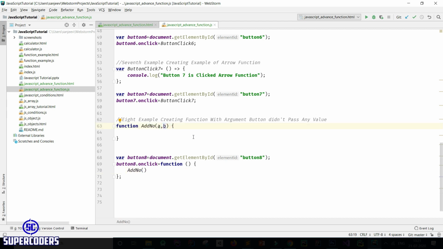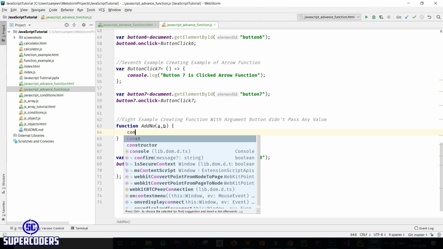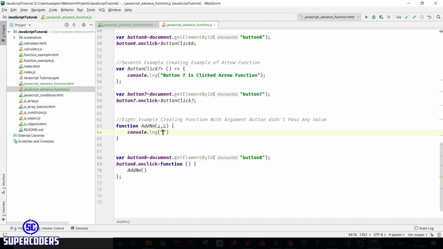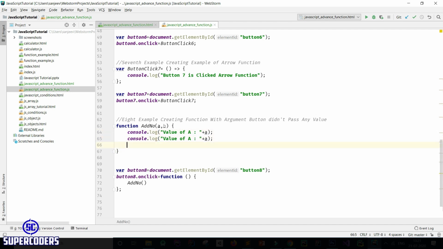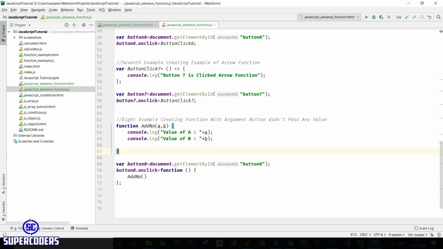Now let's see what happens if I run. First print value, console.log value of a, then printing value of b. Now let's see what happens if I run.